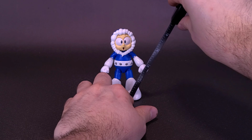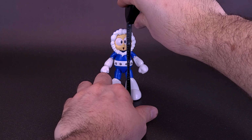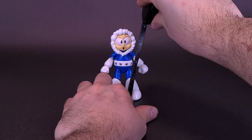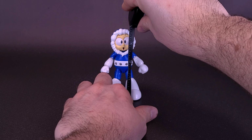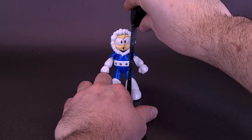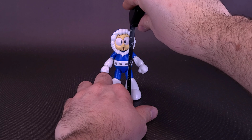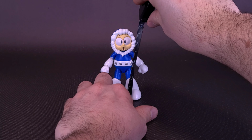Well, his world is full of ice, but it's far from being a winter wonderland. And just before, of course, we get a closer look at the new Jada Toys Mega Man Iceman, I'd like to thank the folks over at Jada that did provide the sample we could have a look at. The Iceman that we're about to have a look at, the earlier looked at Fireman, and the figure before that, Mega Man, are all available online or in stores for around $20. Again, you'll see in a second, $20 goes a long way with all the things that you're getting with the